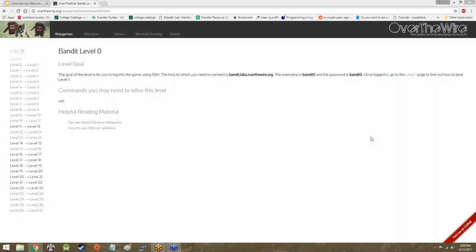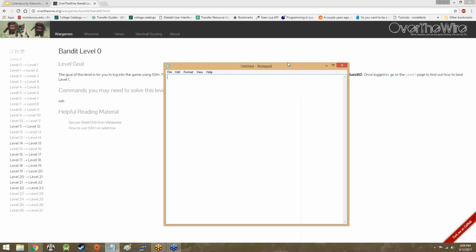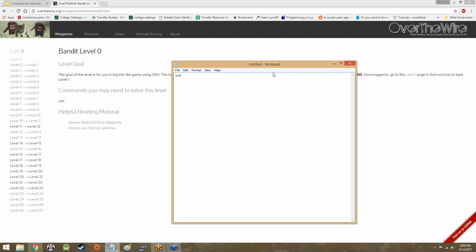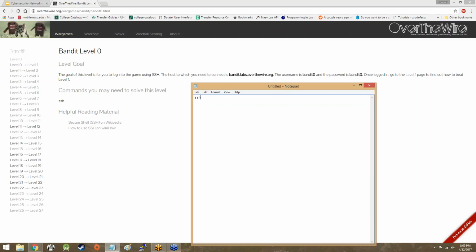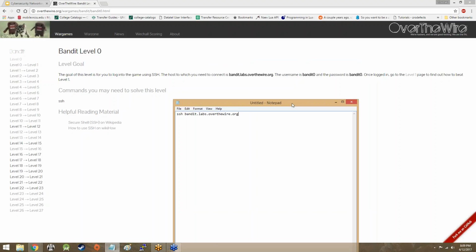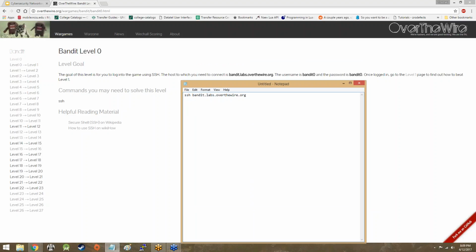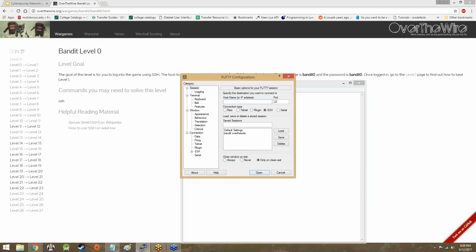Again, if you're on a Mac or a Linux computer, just as a reminder, the command to connect is just SSH, and of course we have to give it a destination, which would be bandit.labs.overthewire.org, because that's what we want to connect to. Then you would enter your username and password and be good to go. If you're on PuTTY,